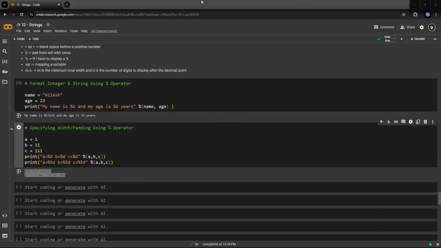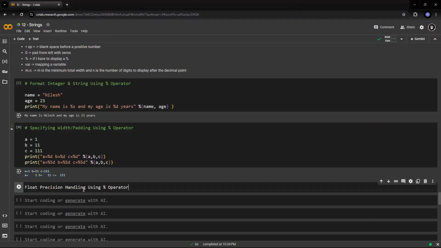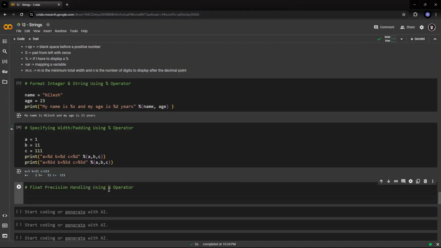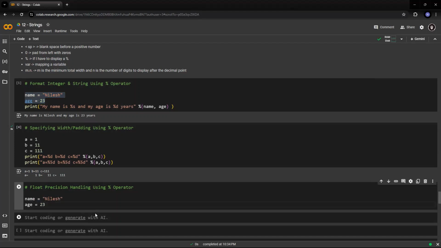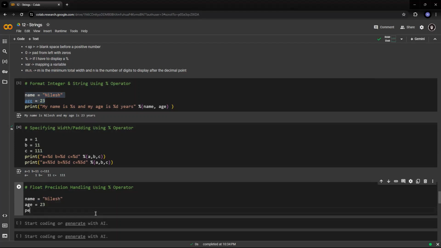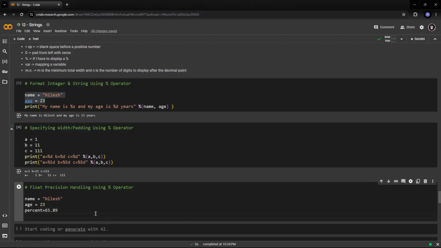Now let's understand one more example. How do we handle float precision using the percentage operator? So let's see this with an example. Suppose we take the same thing, my name and age. And I would say my percent in college, which I passed, was 65.89. And I said print,